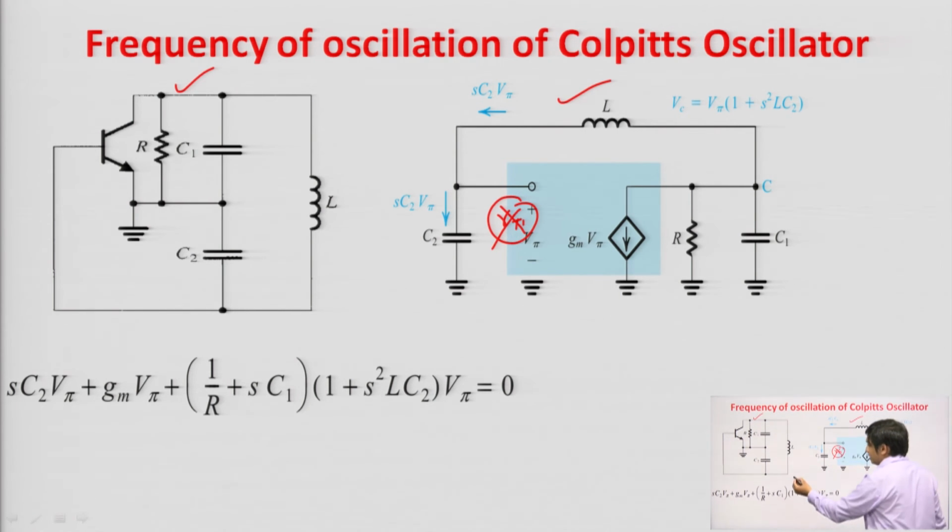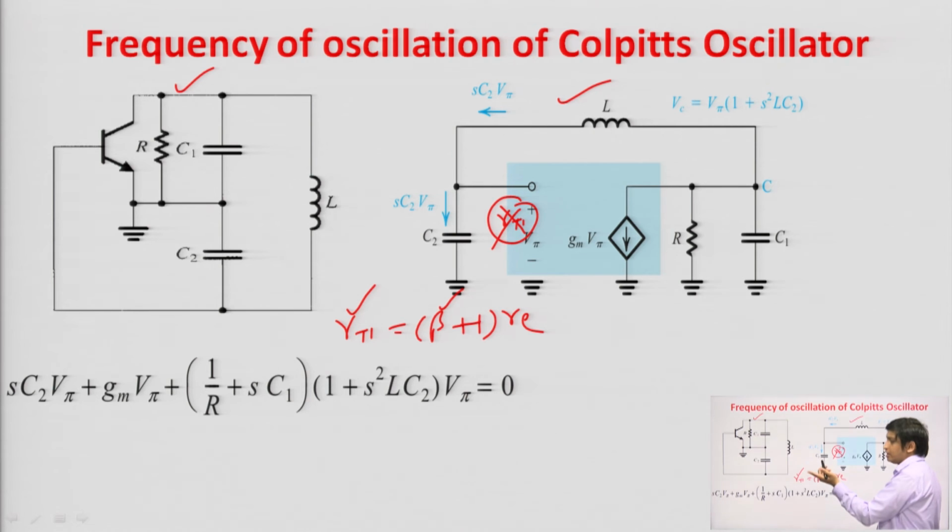In fact, for a BJT, R pi is equal to (beta plus 1) into Re. Beta is very large, so R pi is very large for a BJT. For a MOSFET the input resistance is large, because the input is applied at the gate terminal, and in a MOSFET there is an insulator layer, so the gate current is 0. So the input resistance is very high for a MOSFET, and even for a BJT R pi is large because of the multiplication by the factor beta plus 1. We had seen these things in the small signal analysis of the BJT and MOSFET in unit 1.